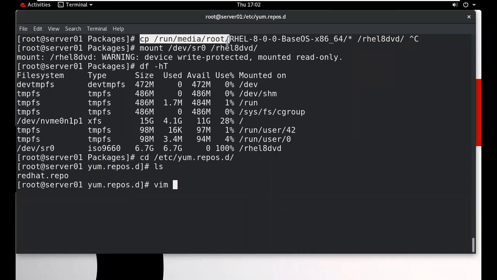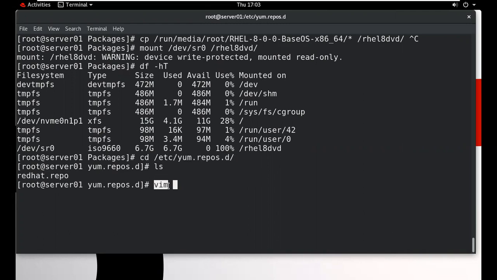I have told you on this, copy your DVD in this particular location. You can copy this on any location. We can use this particular command also, and we can also use this particular command for temporary basis. It will copy all your DVD in this particular location. So this command is used to mount all your database in any location, but it's a temporary command to mount the database. So now go to this particular location and create a repository file.